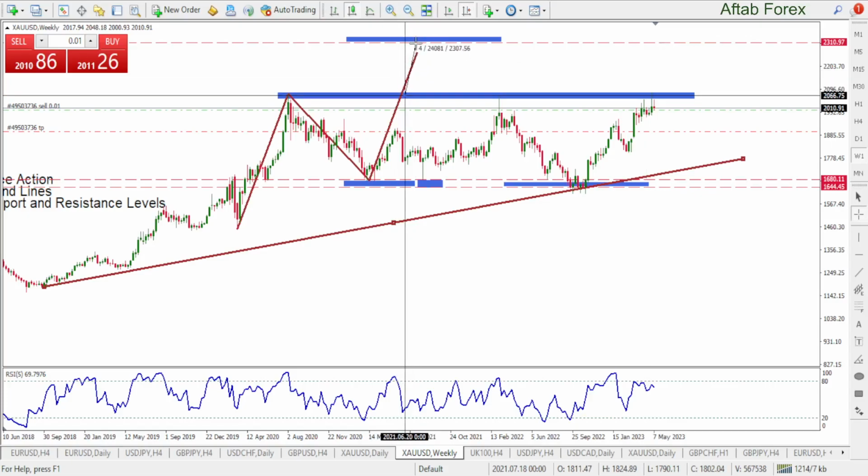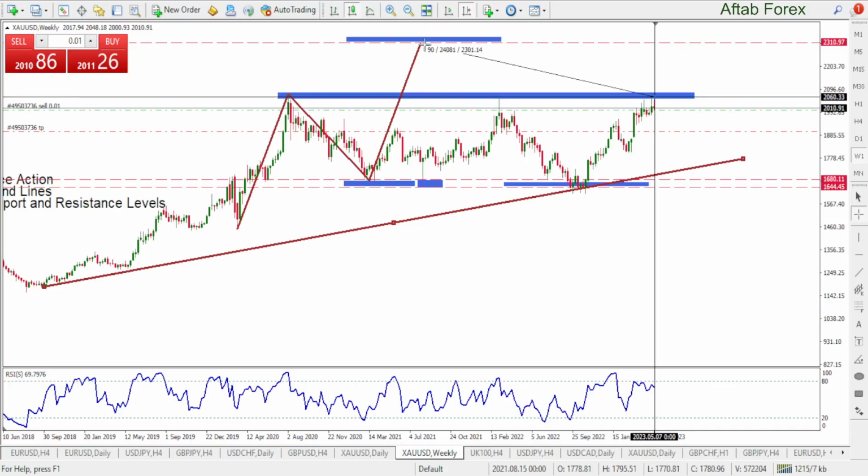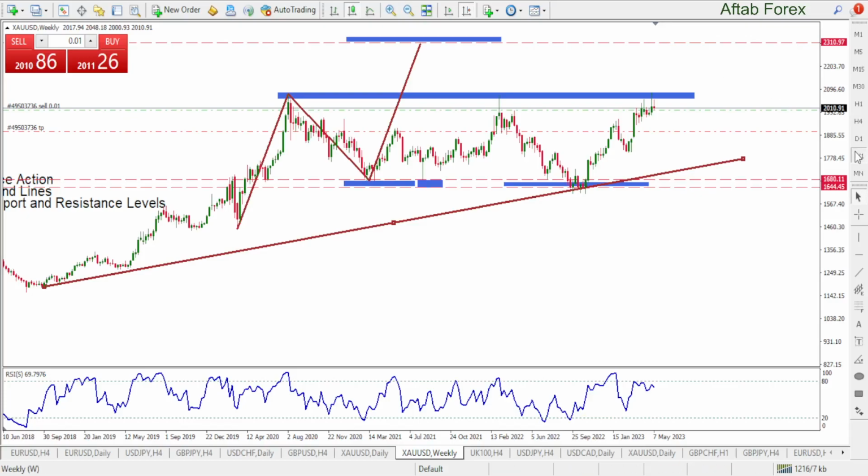From here till here, approximately 2400 pips. But in order to generate these 2400 pips, I have to take a risk of around 3000 pips. So there is no good way to look for buy trades at this particular stage for the long term. Remember, my friends, for the short term, stay with me. This is a top down approach and you will get your desired setup.